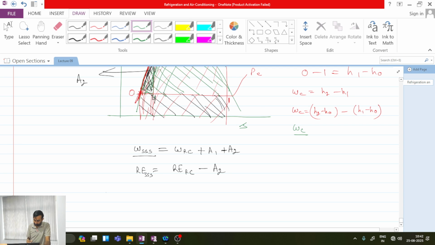Now if you calculate the efficiency of the cycle, second law efficiency of the cycle, okay, what is second law efficiency? COP of actual cycle divided by COP of Carnot cycle. So it means that second law efficiency of our actual cycle will be COP of triple S divided by COP of reverse Carnot. What is COP of triple S? RE of RC minus A2